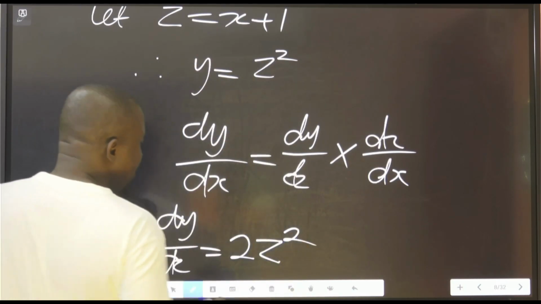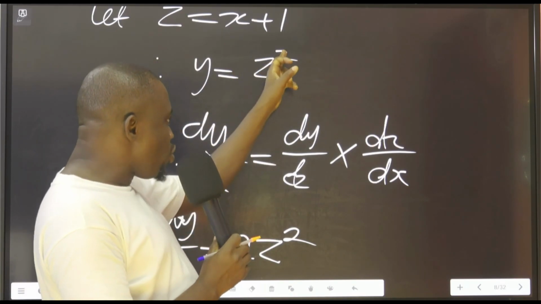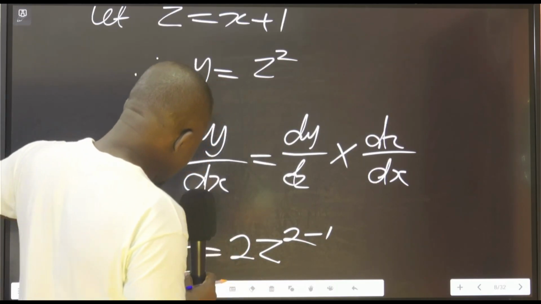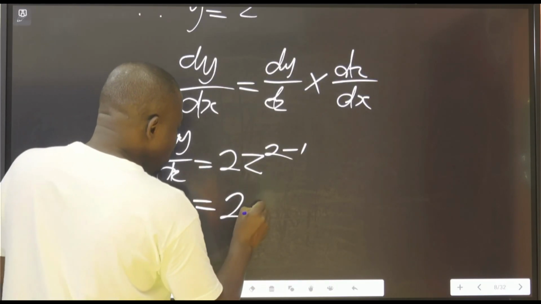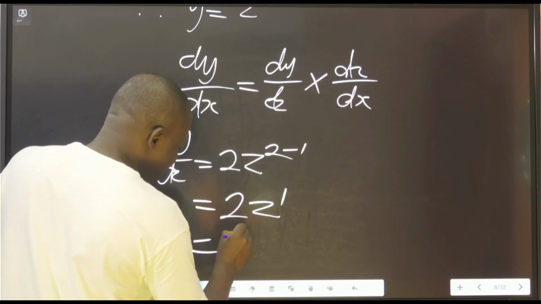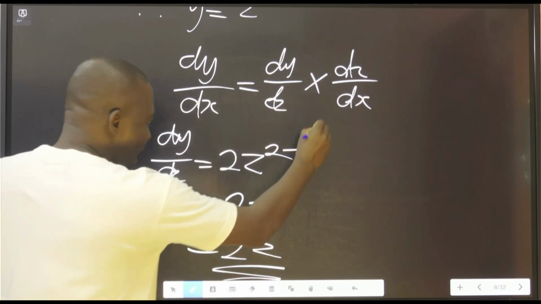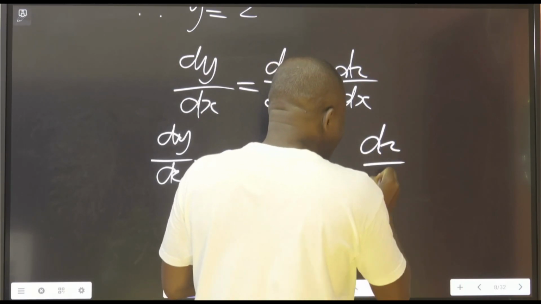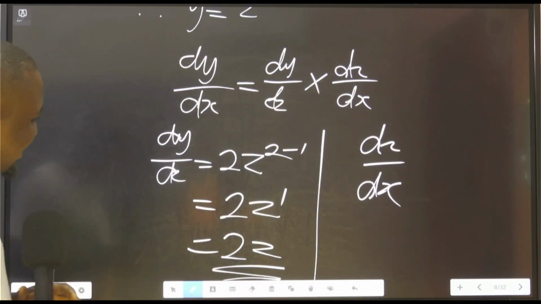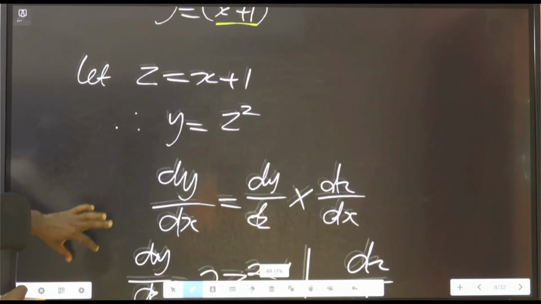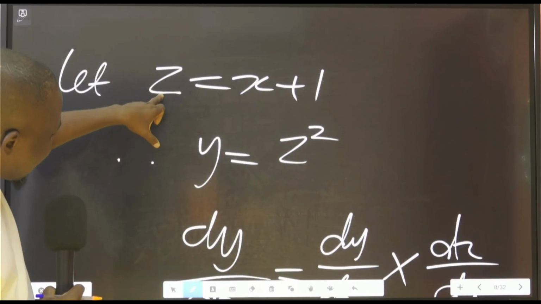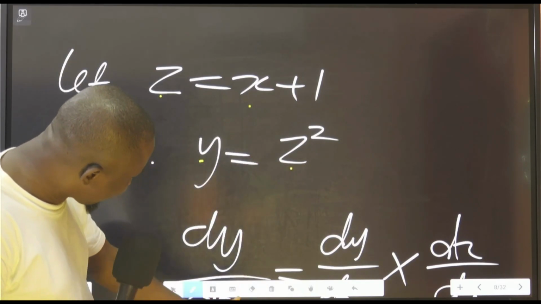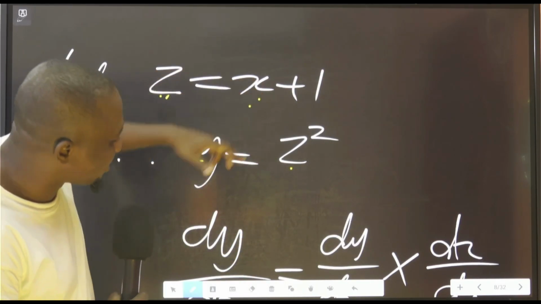That is, dy/dz equals, that is here, z raised to power 2. Remember, you move 2 here, you reduce this 2 by 1. Okay? It means therefore this equals 2z raised to power 1, which is 2z. We have one leg of it. Then dz/dx. What is that? dz/dx. That is here. Here, dy/dz, we have done that. The dz/dx, that is to say,